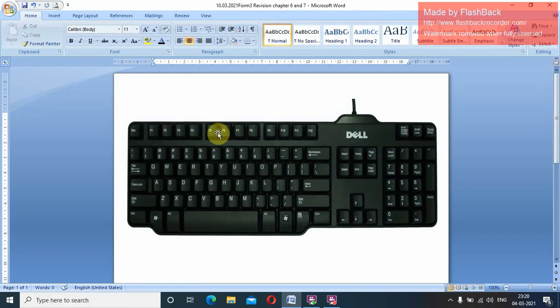So I hope it is clear with you, chapter 6 and chapter 7. Any doubt regarding this revision part, you can call me anytime. Children, take care. Even I have put up page number 70, 71. If you remember, we have marked the questions which you are not supposed to do. The same answer key I have put up in the ERP. So please check it out.